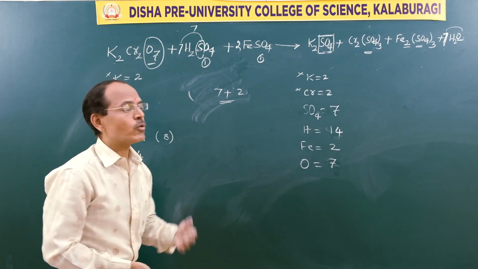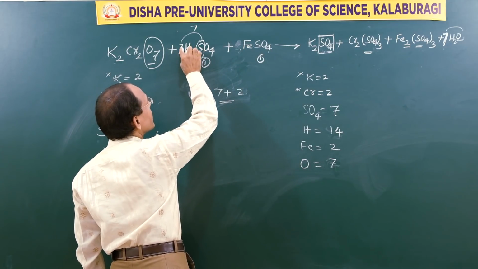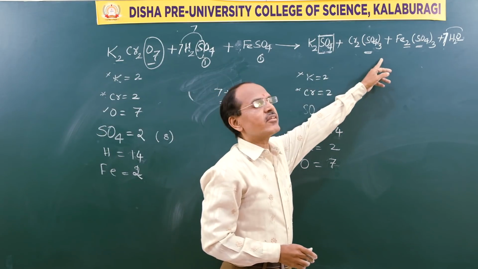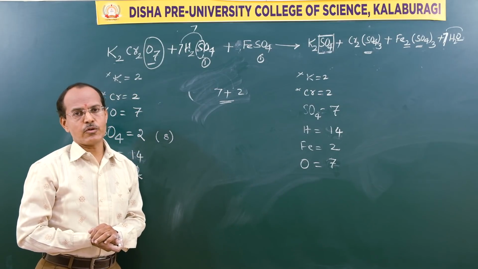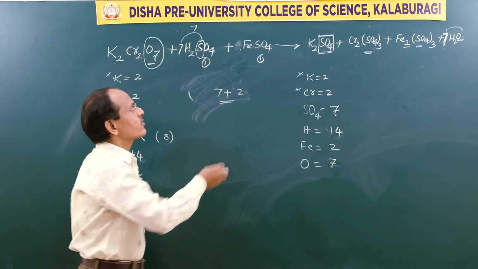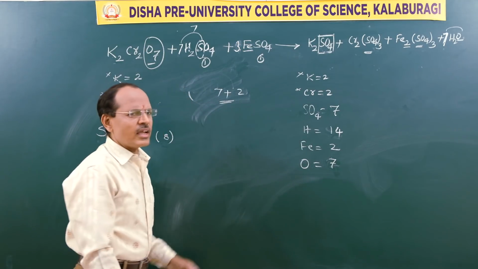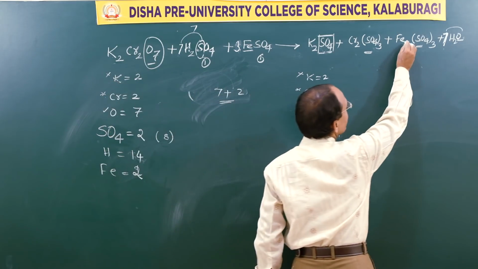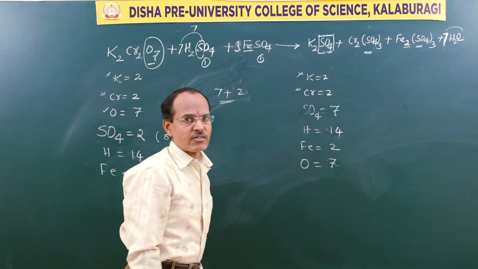So instead of 2, if I take 3, because don't disturb this, because already this was balanced. Only thing is by balancing the iron we can get the more number of sulfate groups. Now the point is here FeSO4, if I take 3, can it be balanced? Never. Why? Because it is already 2. So even with odd never be balanced.